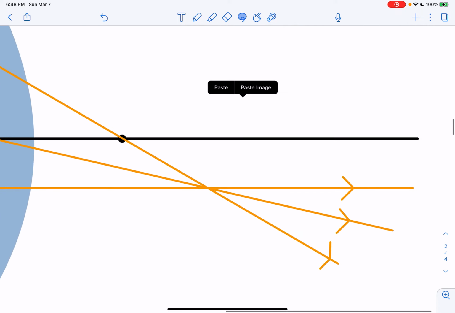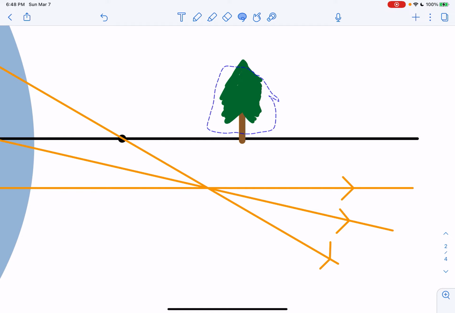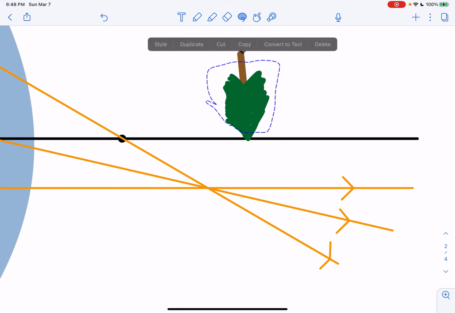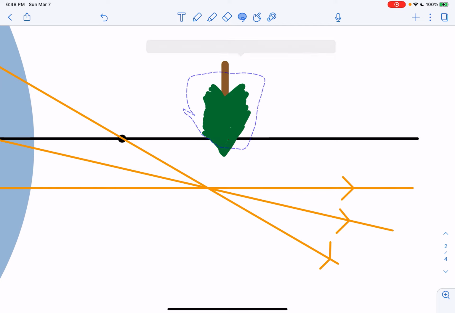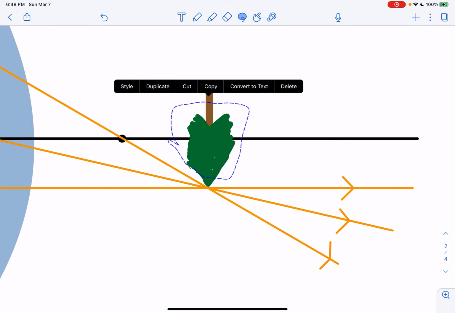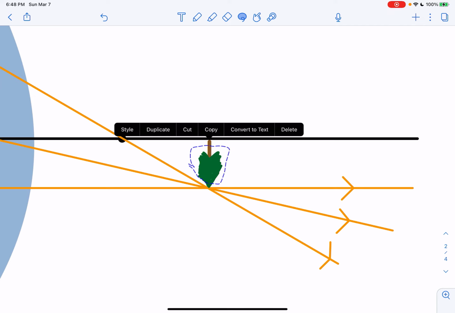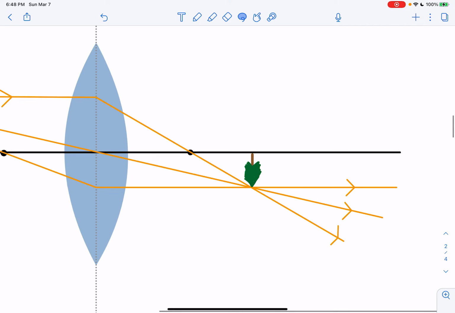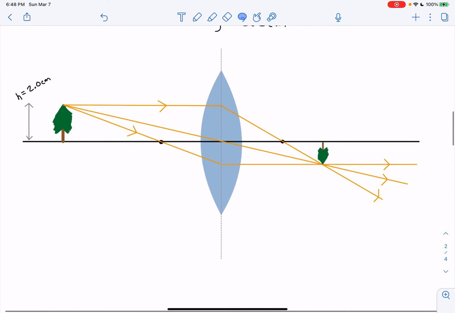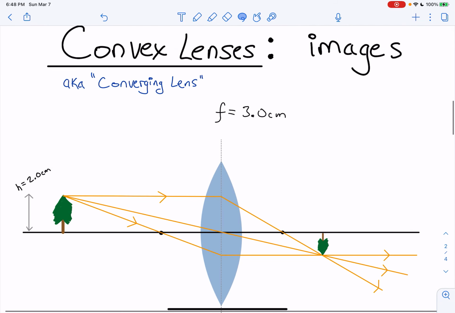And I'm going to bring it over here, and we're going to put it, first of all, upside down, because we can see where the point of convergence is. And the other thing we know is that it's going to shrink. Okay, there we go. So we can also measure that distance away. And so doing this ray tracing, drawing out these light rays, enables us to get the size, orientation, and location of the resulting image,